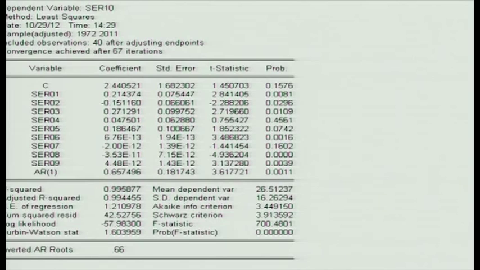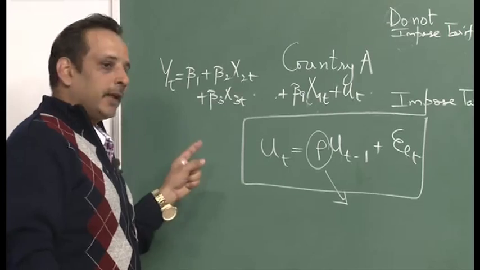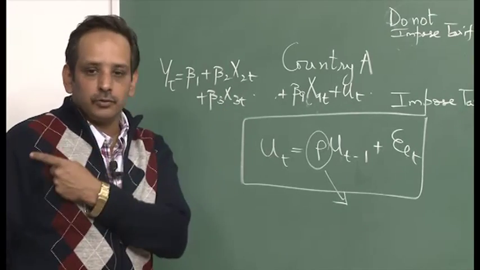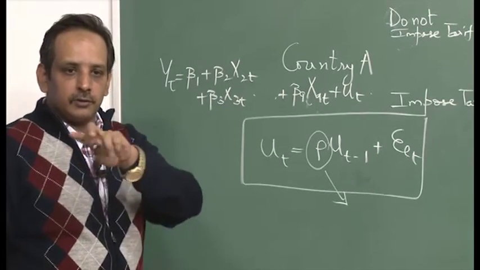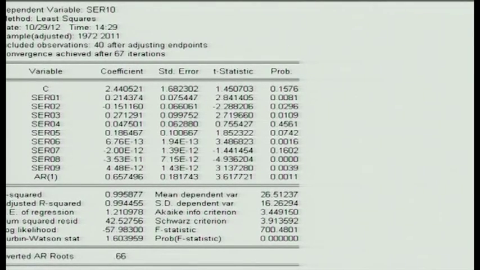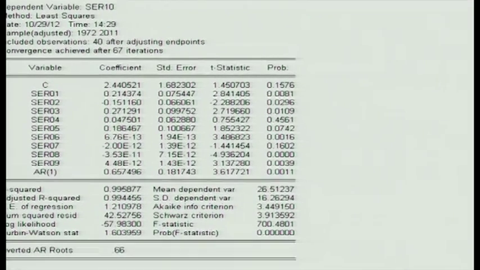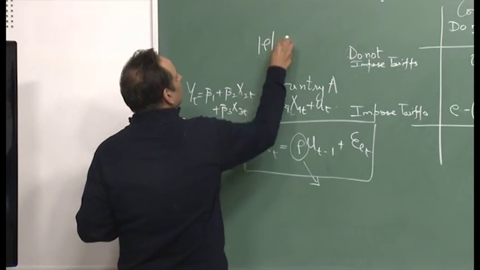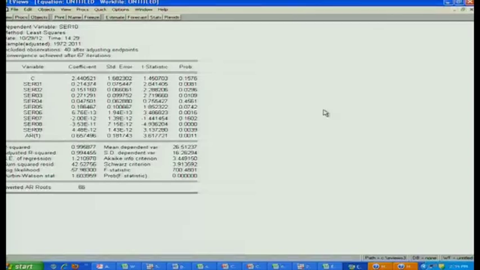Remember, this rho is like the product movement correlation coefficient, it varies from -1 to +1, and you saw the Durbin-Watson was moving towards 0. It was 1.4, and after you have applied the remedial measure, Durbin-Watson has gone up to 1.60. And this AR roots, it is this rho for stability, this is less than 1. So, it works out to be 0.66.